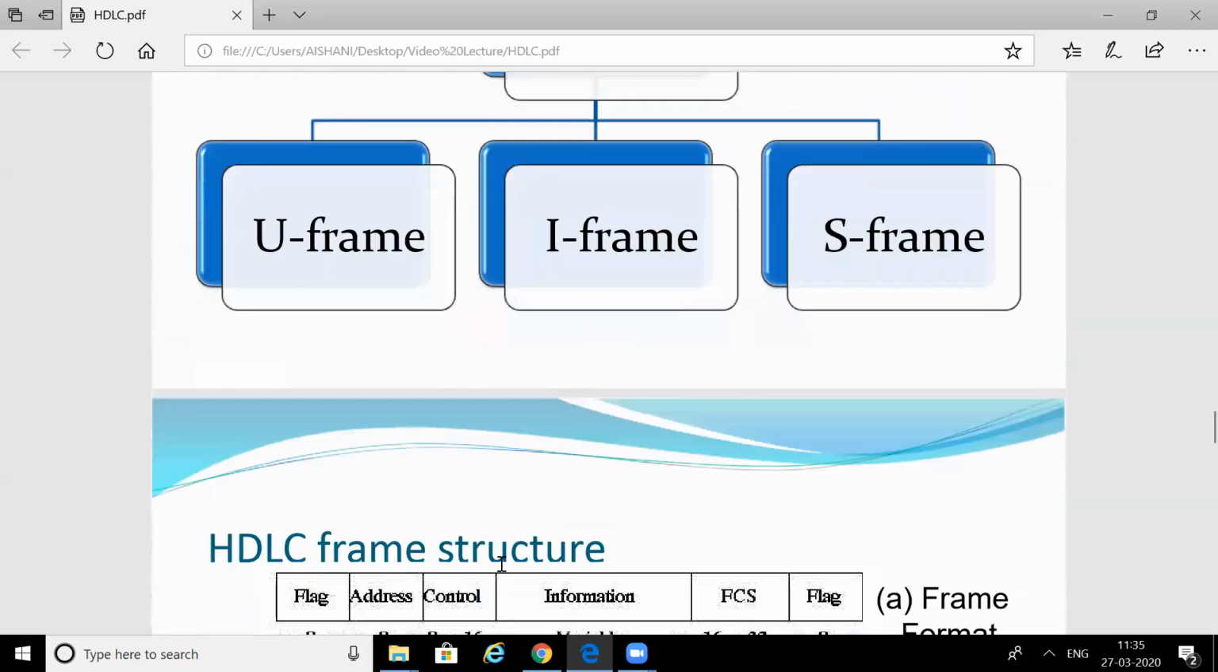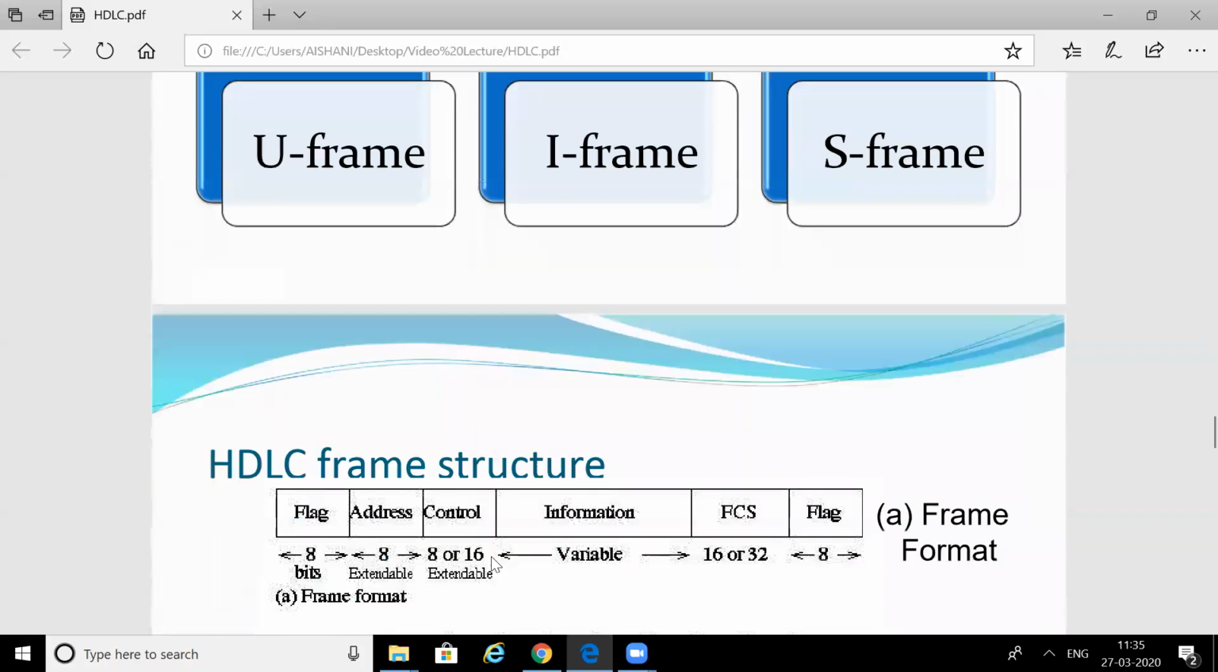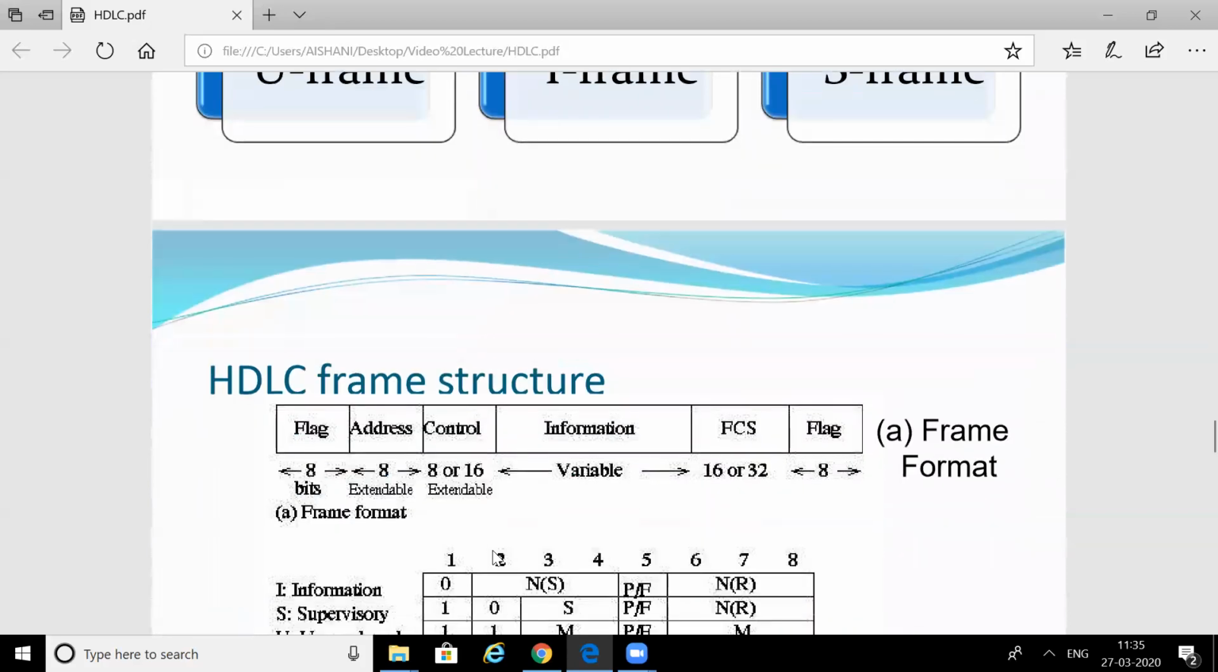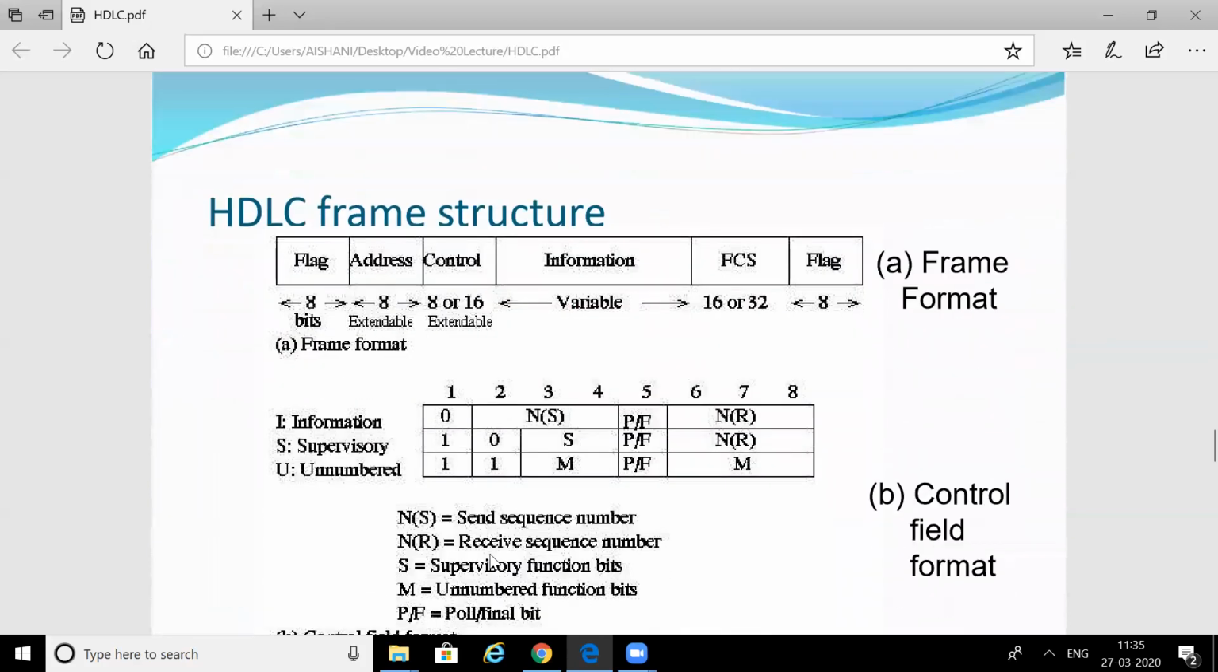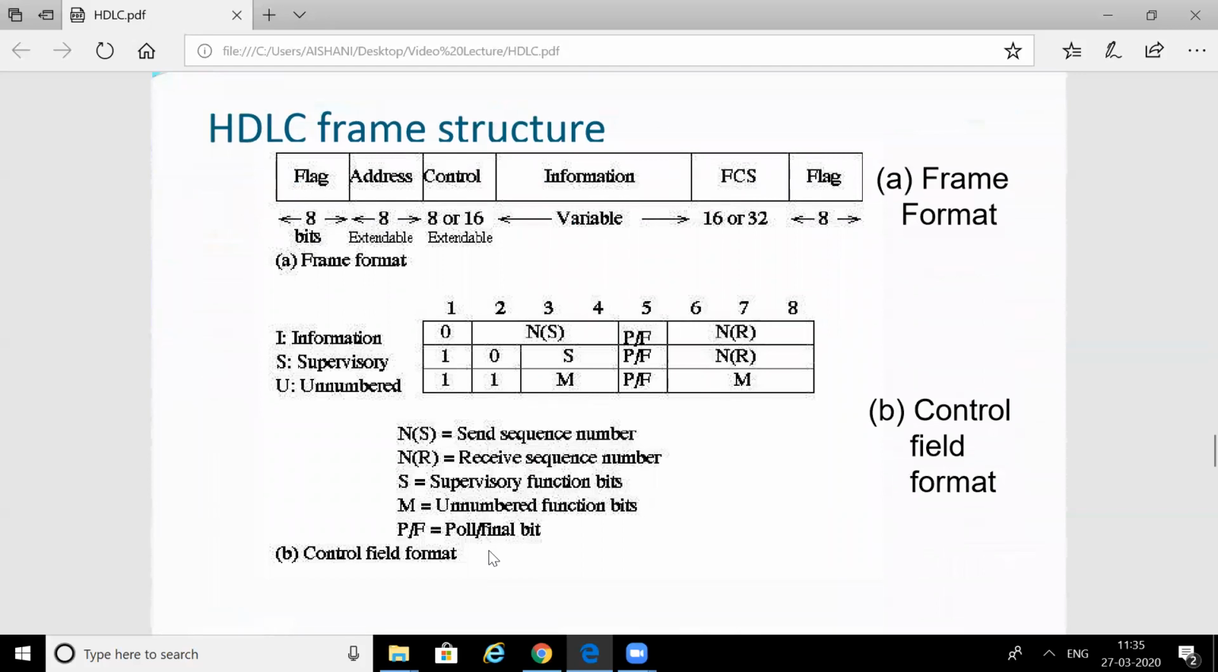Now the types of frames. There are three types of frames: unnumbered frames, information frames, and supervisory frames. These are the frame structures. This is the general frame structure where